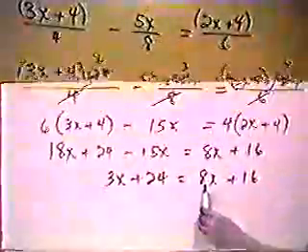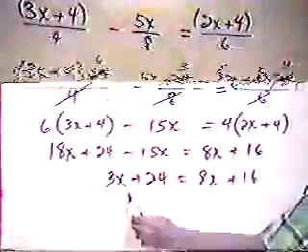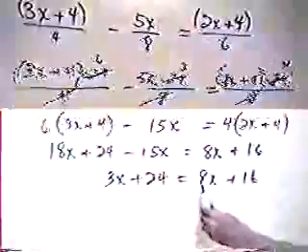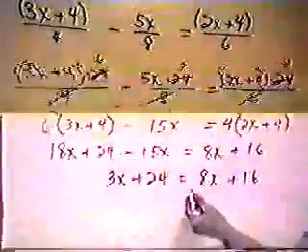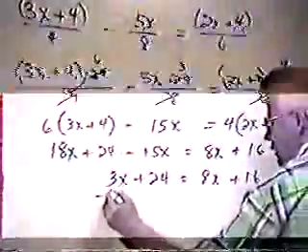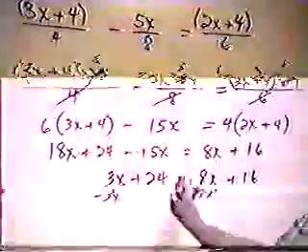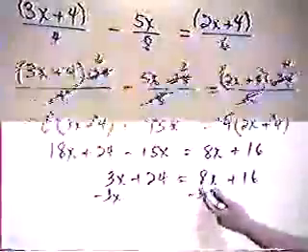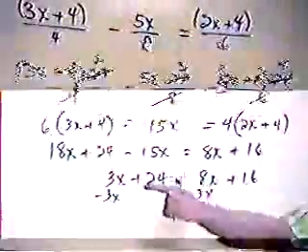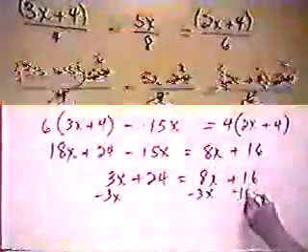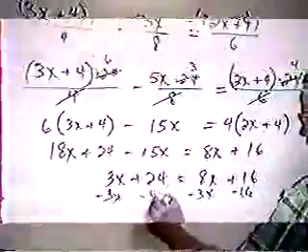Let's not move the biggest x and get a negative number. Let's move the smallest x to the other side. So we subtract 3x from both sides, and that gets rid of the x's over here, and now we need to get the numbers over there. So we'll subtract 16 from both sides,